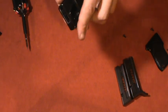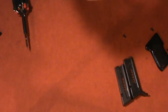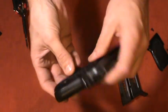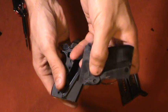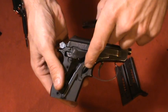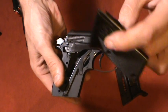which I don't find to be very expensive for such a concealed firearm. And you know, a 22 pistol costs more than that. And I'll put it back together in front of the camera. Oh, something else to remember. The grips have this little tab here that needs to go inside there, in between the stirrup and the frame. So you don't just